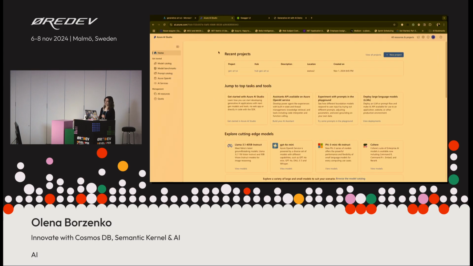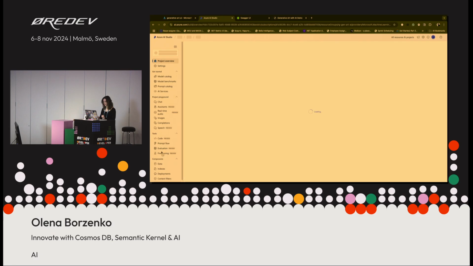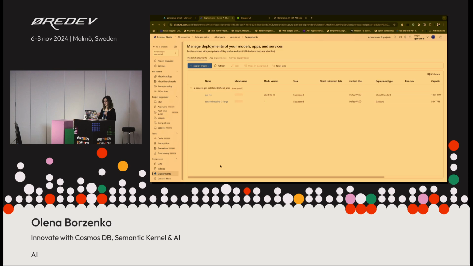There is not much to do on the actual Azure AI Studio. We just created a project and we deployed 2 models, as I said before, GPT-4 Omni and embedding 3 large. If you develop locally, there's some configuration that has to be done with the permissions and also authentication, because when I was accessing Azure Cosmos DB, I had to define some permissions. There is documentation, and it's pretty detailed on the Microsoft documentation. You have to go step by step executing some scripts to properly assign the permissions so that you can afterwards, for example, use it locally. But yeah, it's not a complicated step.